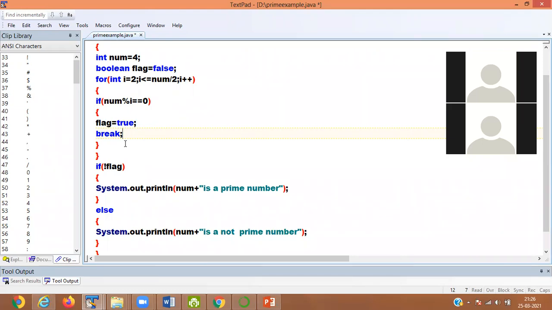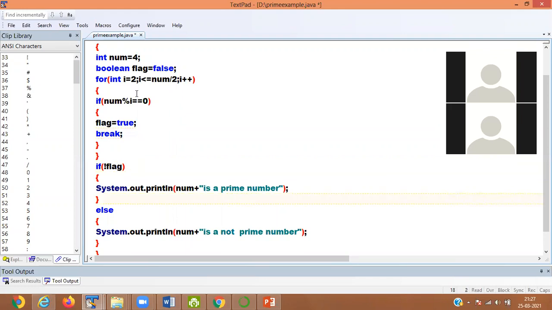Clear? Then what value can we store in flag, sir? First we store false. Flag value is false. If not flag means it is true. If true, then it is a prime number.